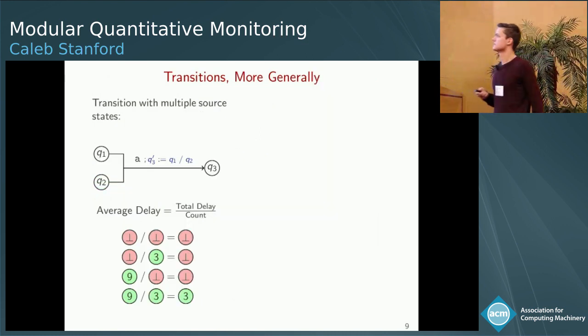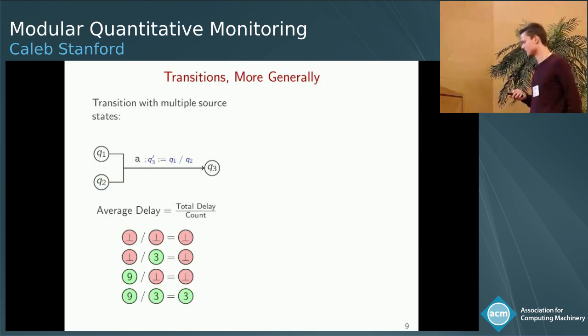So that's not quite the whole model. I have to tell you one other thing, and then that will end, for the most part, the technical section of the talk. But to understand the model fully, you have to understand transitions more generally. So there are two ways that transitions can be a little bit more complicated. You can have a transition with multiple source states,